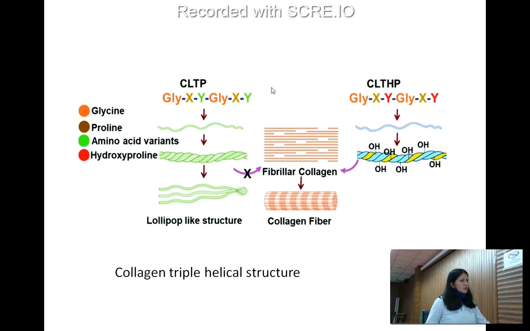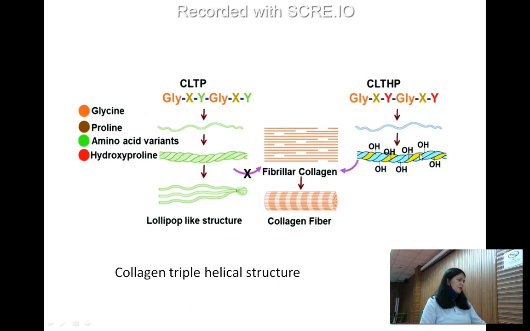So collagen has the amino acids hydroxyproline and hydroxylysine. I have already mentioned these are amino acids which do not have any genetic code or any transfer RNA to be inserted into the protein structure. They arise by post-translational modification of either proline or lysine. Proline, when it undergoes hydroxylation, forms hydroxyproline, and lysine, when it undergoes hydroxylation, forms hydroxylysine. This hydroxyl group is very important for cross-linking these alpha helical structures.